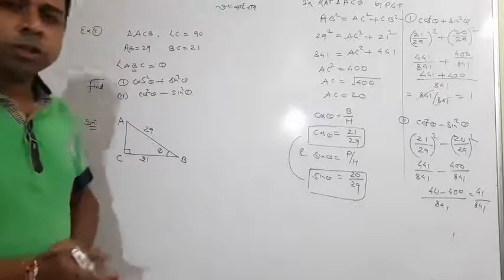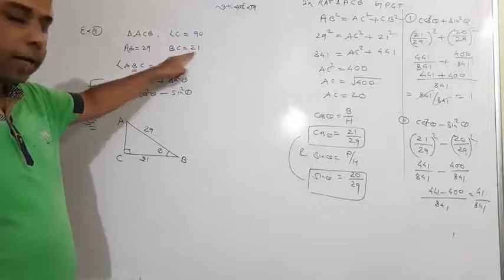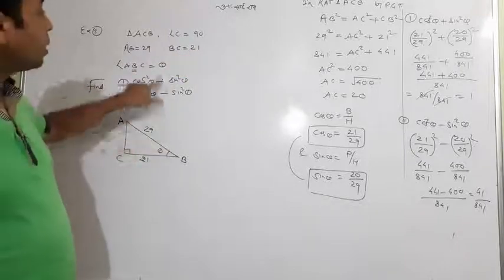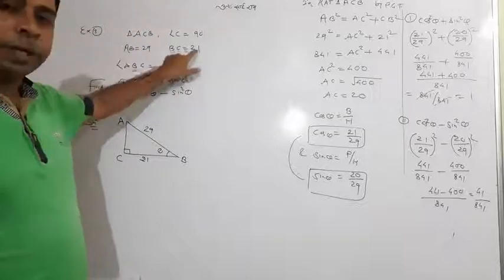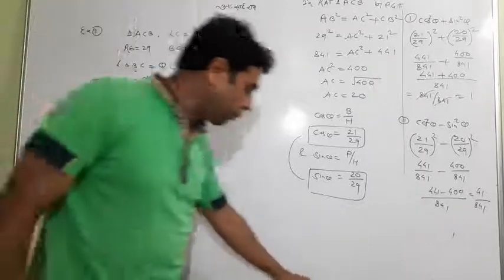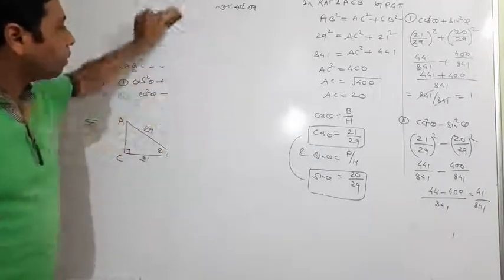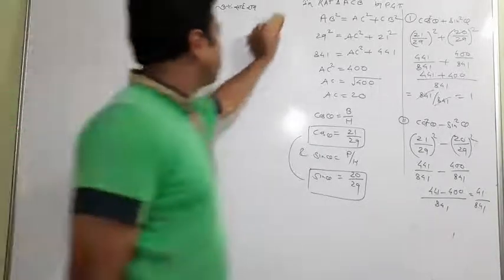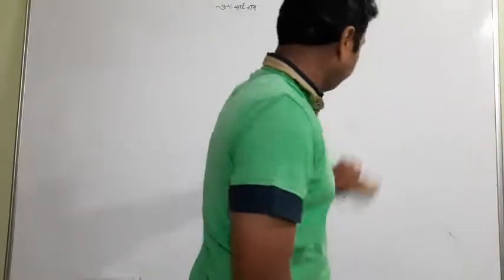So I think the procedure is very easy. And this time specific values of AB and BC were given, that's why I didn't take the k. But if it is given in ratio, you have to go with 29k and 21k. But this time you are free to take them as they are, which I took here. So this is a very simple question for one and all. I think you can do it.